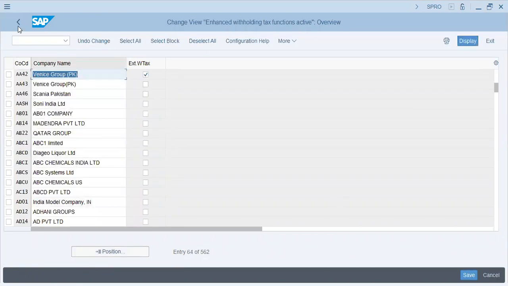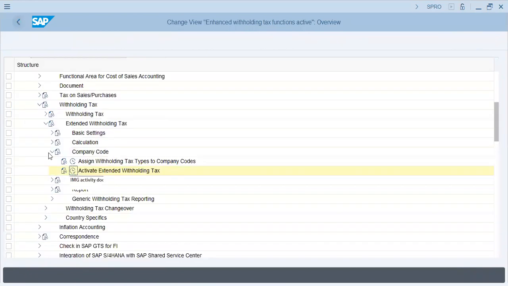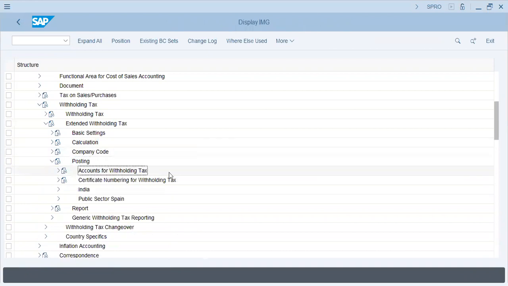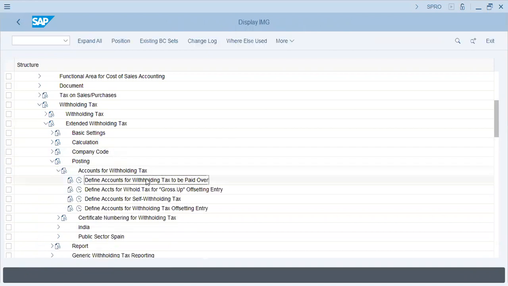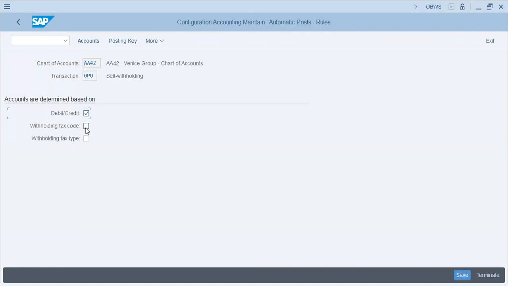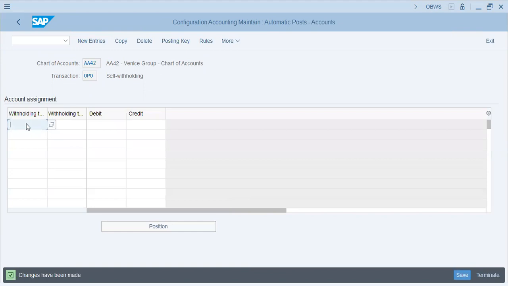It is saved. Okay. Now comes posting. Posting to accounts. Define accounts for withholding tax to be paid over, gross up, self withholding tax, because we are self withholding tax agents. Chart of accounts AA42. Debit, credit, all will be checked, saved. Withholding tax code,